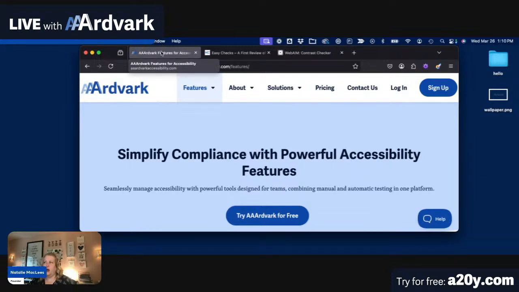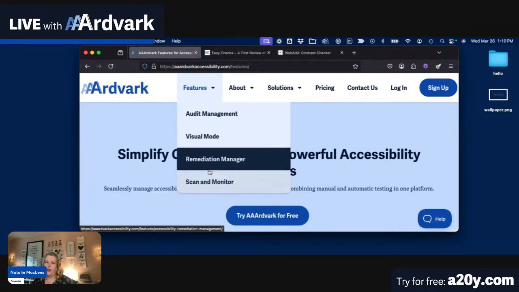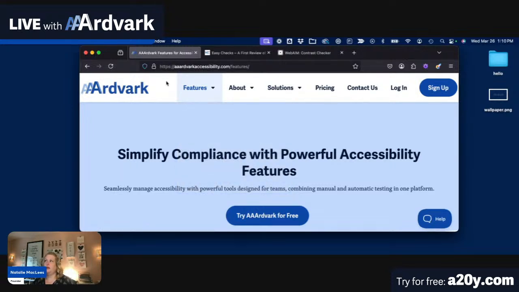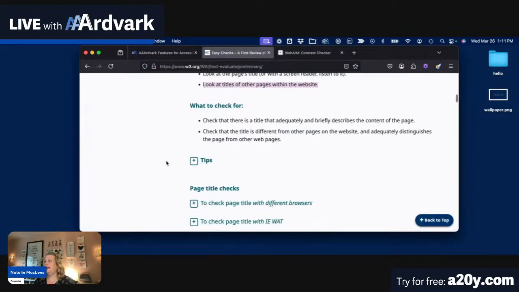And this is our new features page. Basically, what it does is collect up these 4 features and just add links out to these individual pages, is all this page is doing. So I think in this case, Aardvark Features for Accessibility is a perfectly acceptable title for this page. It tells me what's here, what I can expect to see, and it is an accurate description of what's happening on this page. All right, so let's go ahead and move on to the next easy check,